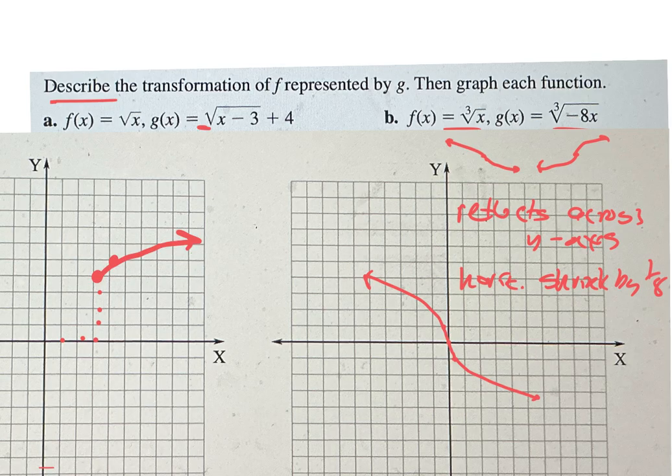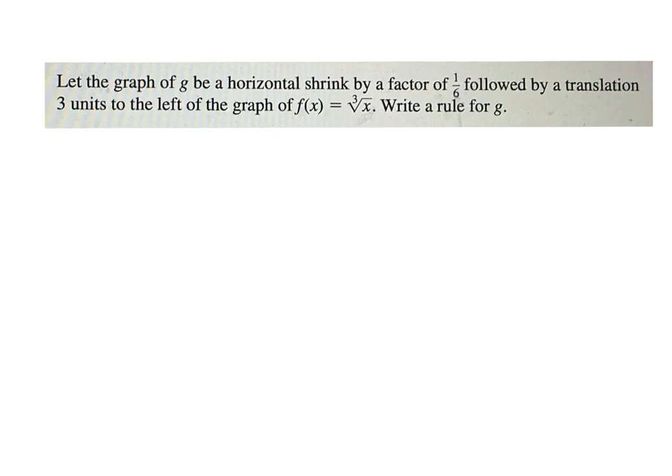All right, one more slide. Okay, it says let the graph of g be a horizontal shrink by a factor of 1/6, followed by, that's a big word here, when I say followed by, it means it comes after, followed by a translation 3 units to the left of the graph of this. Okay, so let's say g of x is going to be